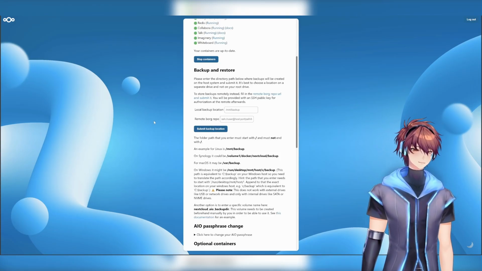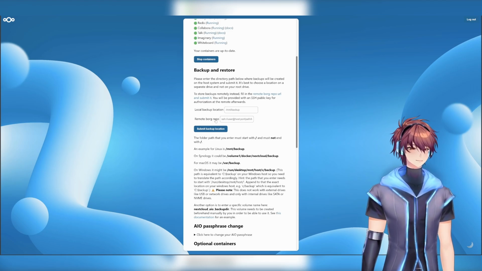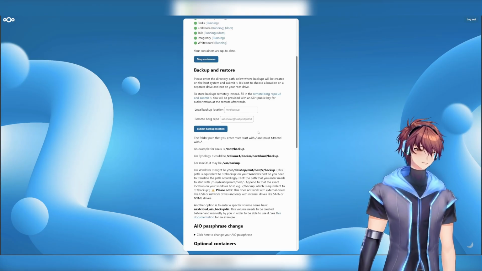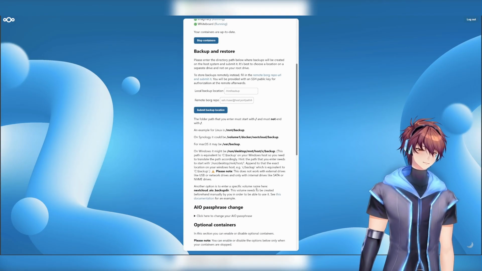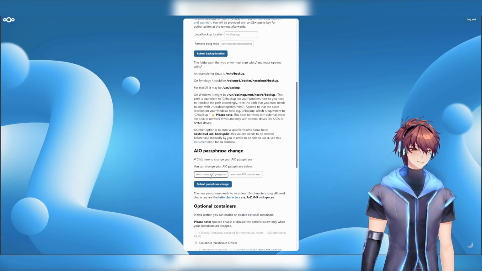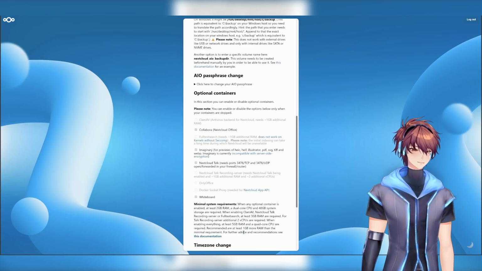I'm not going to go into all of this as I'm still personally learning how Borg repos work and I've been playing around with that, but we will talk about that another time. If you need to change your passphrase at all here, you can put in your old one and put in a new one. And again,